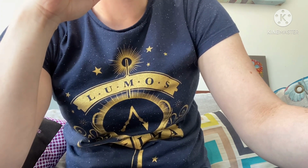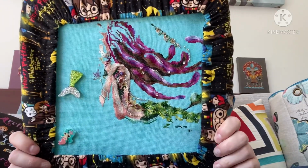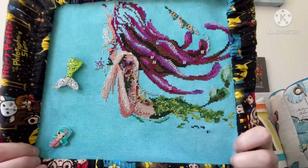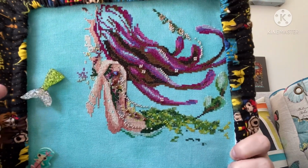And why is the name of the designer gone from my mind right now? Here you are. I will have it scrolling across the bottom for you, and I'm sure you're all yelling at the screen. This is my mermaid piece. And this is my Needle Minder mermaid towel from Lisa Loves Stitching up here in Brisbane